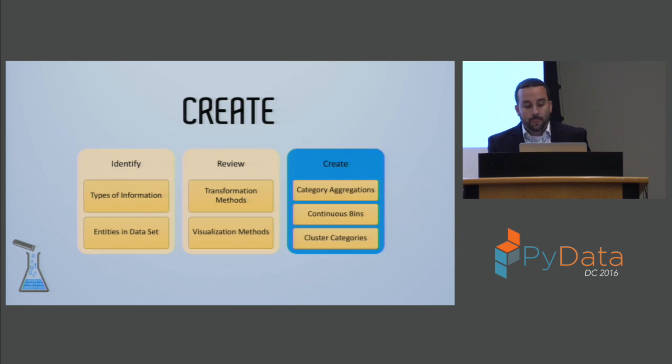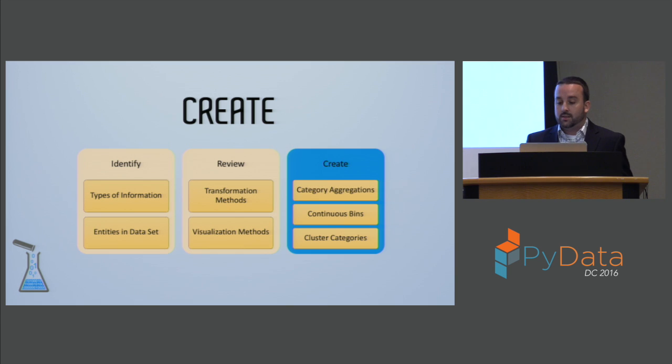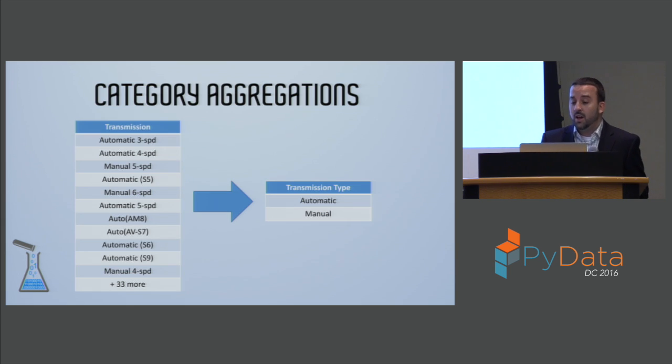All right, so the last step in the prep phase is a little bit more involved, and that's to create additional categories, additional categorical fields that are going to make our data easier to transform and explore later on. And we're going to do this in 3 different ways. The first way is identifying opportunities to create higher level categories out of the categorical variables that we currently have.